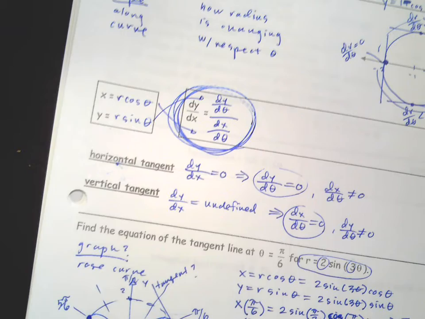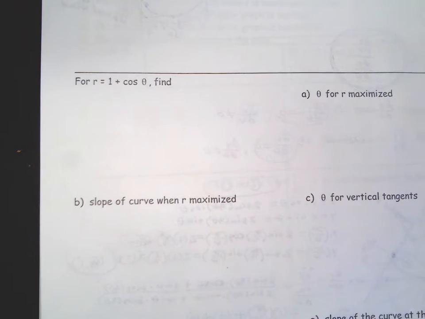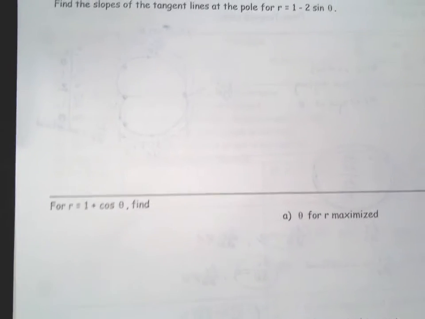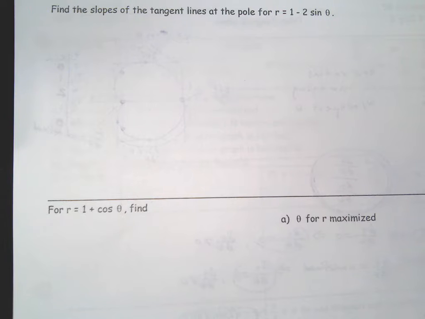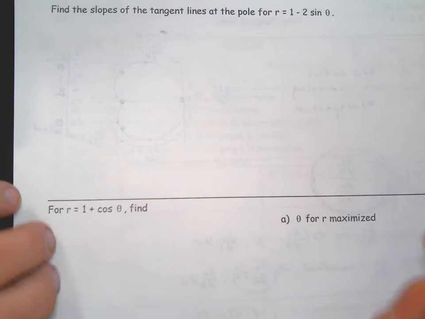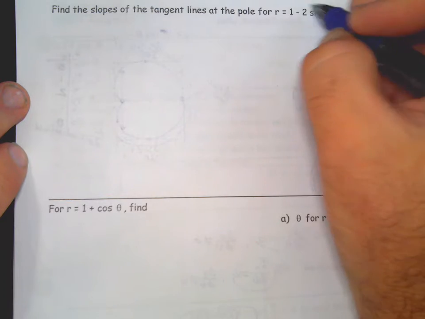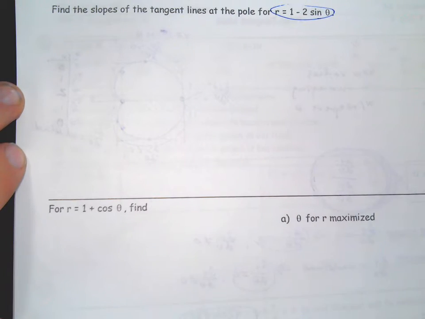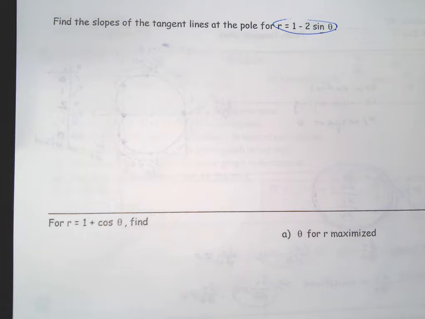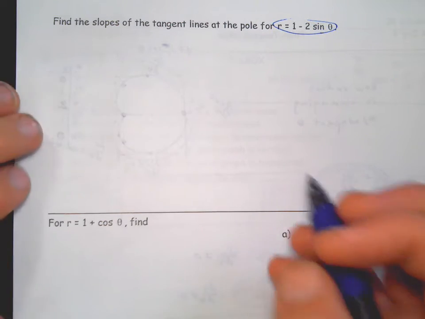Find the equation of the tangent line. And let's see. Find the slopes of the tangent lines at the pole. So that would be if it goes through 0, 0, which I expect it to. Let's do a quick graph of this. Now, this is not a cardioid. This is probably a limacon of some type. Does it have an inner loop? Is it convex? I don't even need to remember that because